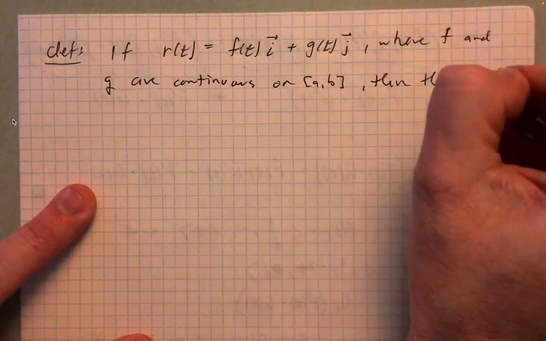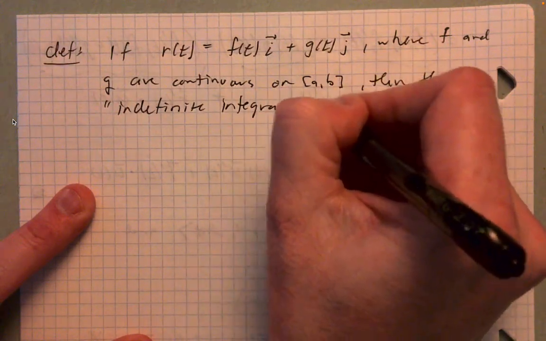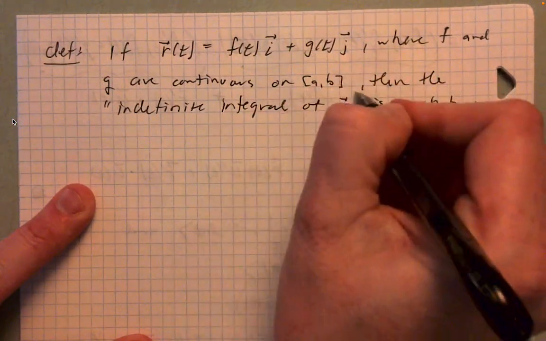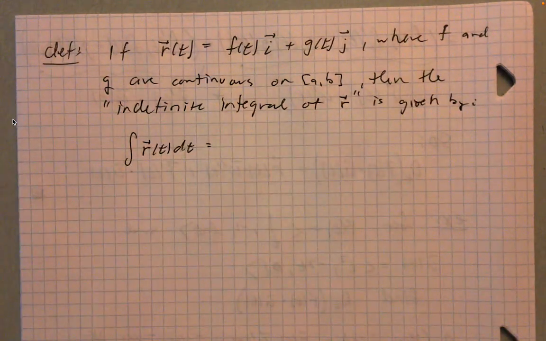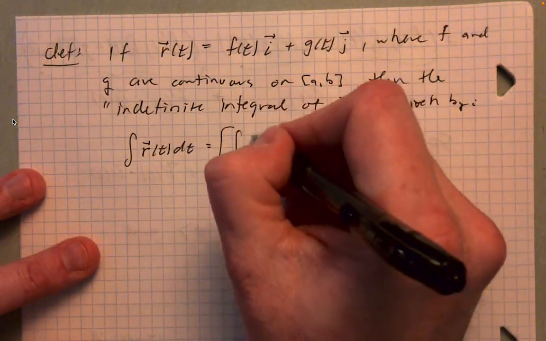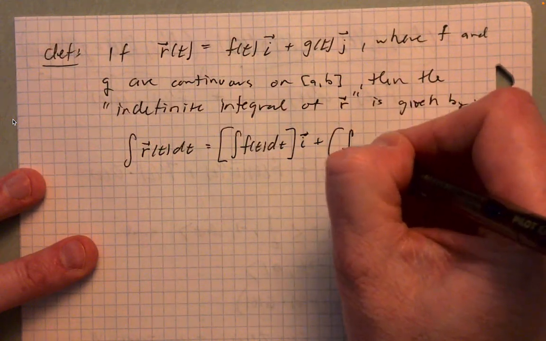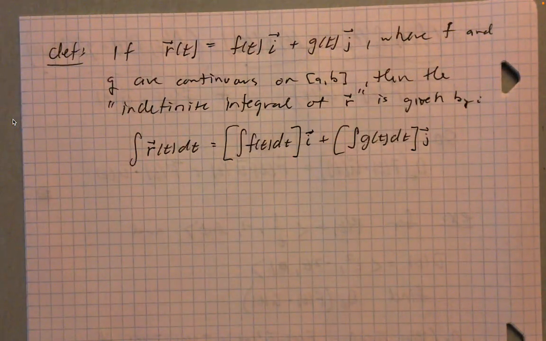then we'll start with the indefinite integral. The indefinite integral of r is given by the integral of r of t dt, right? And very similar to the derivative, it's a component-wise calculation, right? So you'd say the integral of f of t dt times i plus the integral of g of t dt times j, right? So that's how it works. You're just integrating separately these two real valued functions, and again preserving the structure of the vector valued function,